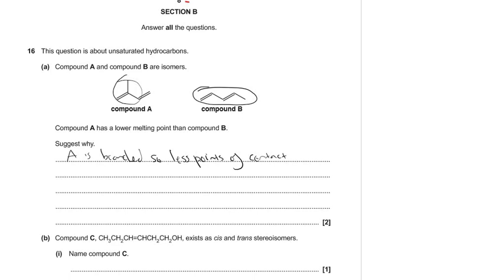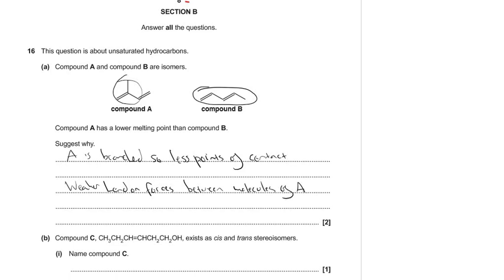And so that leads into the next point where we would say that there are less or weaker London forces or induced dipole-dipole forces. So I'm going to put weaker London forces between molecules